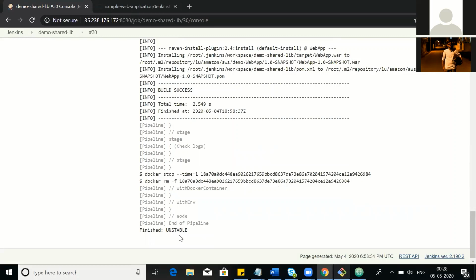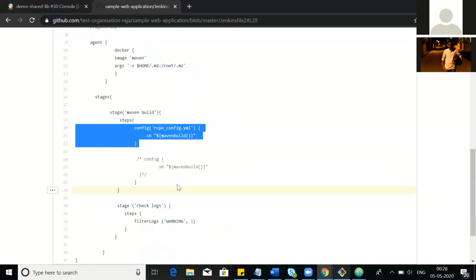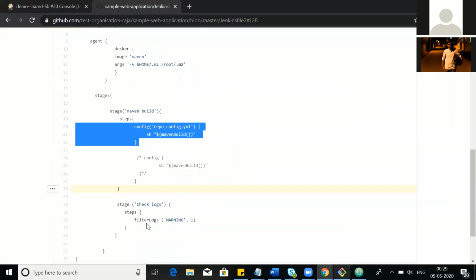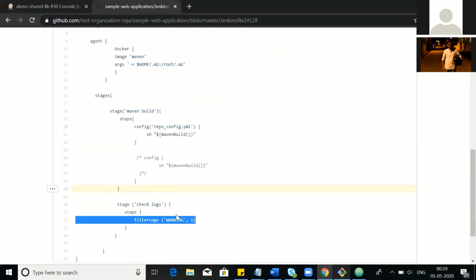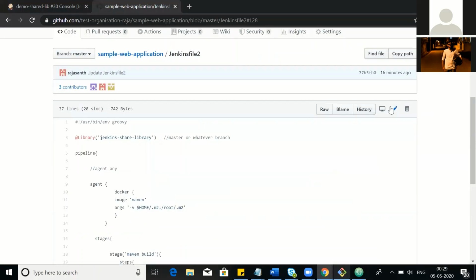Finally, the build gets unstable because of another variable which we check, filter logs, where we check the console output. If any warning string is there, we make the build unstable. Now we will go ahead and change this part.